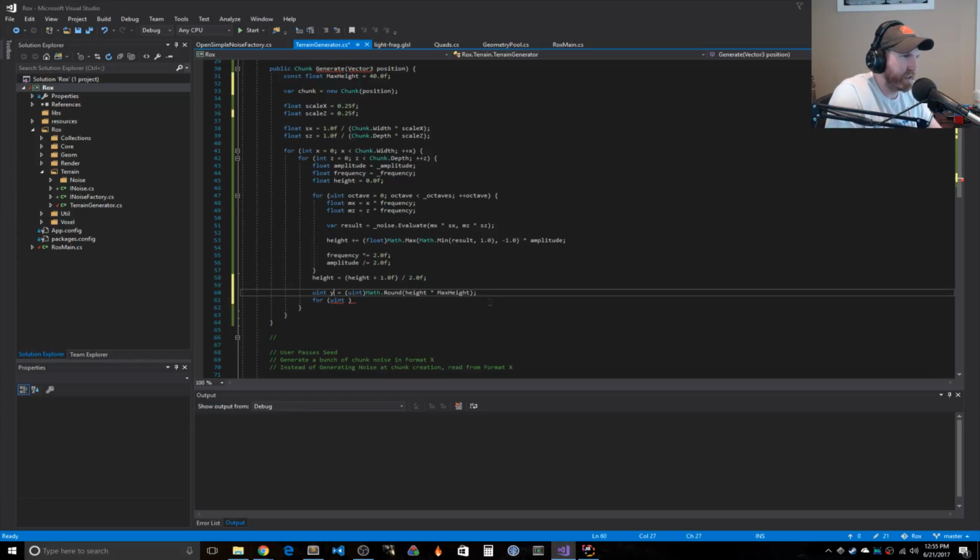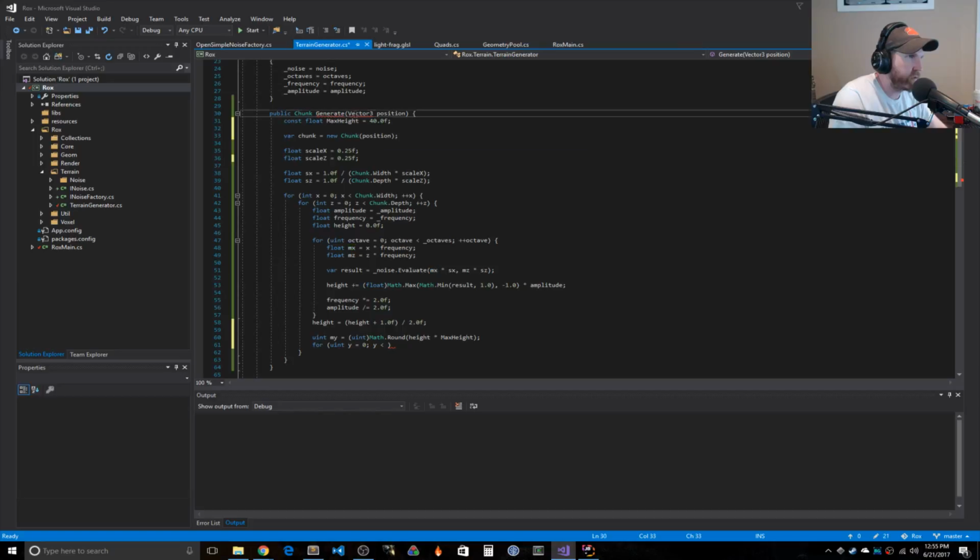We're going to call this my, and y equals 0, y is less than. Actually, these need to be relative coordinates, I think. And okay, so I'm screwing this up already, because our position here needs to be